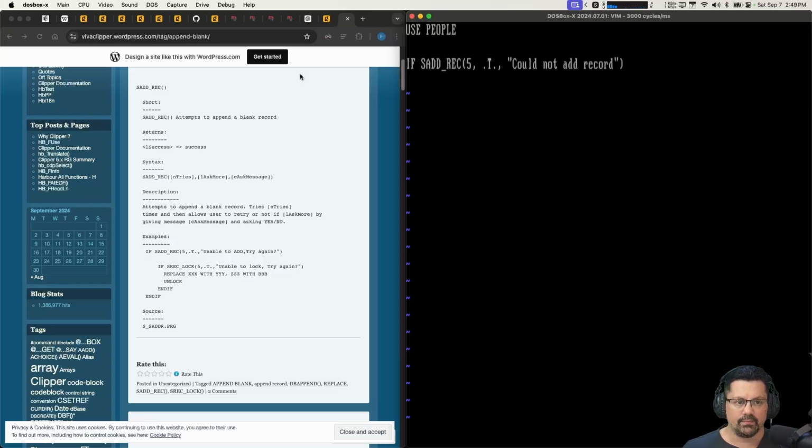And then if srec lock, because I think this allowed you to basically have the DBF on a shared drive, and then you would be able to get concurrent access, which is another huge thing for the time. Could not lock record. Like this. Yep, and then we're gonna do replace ID with 1,